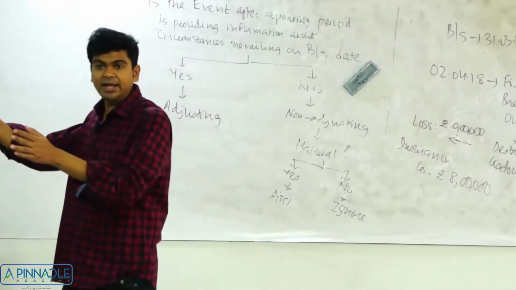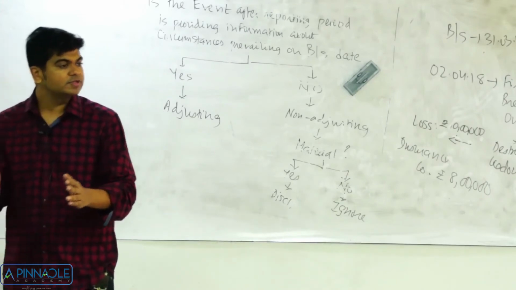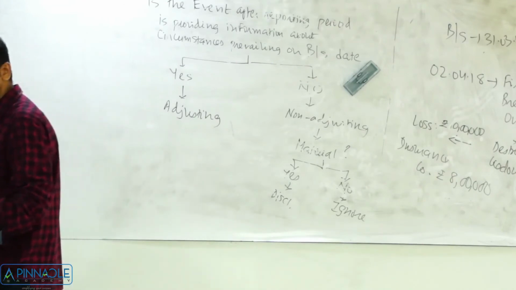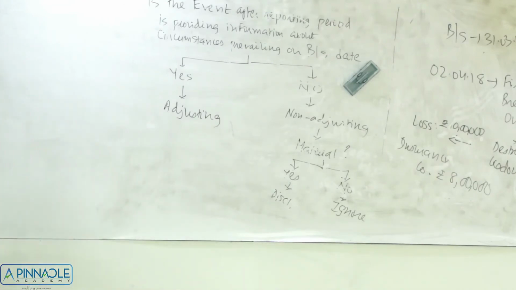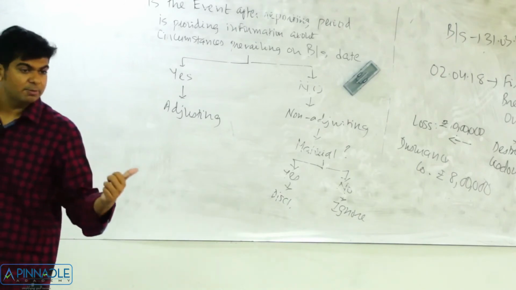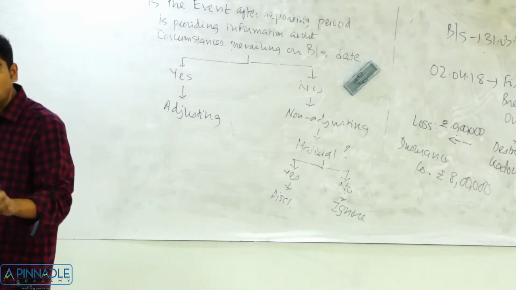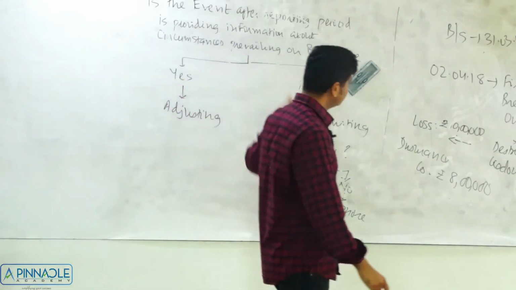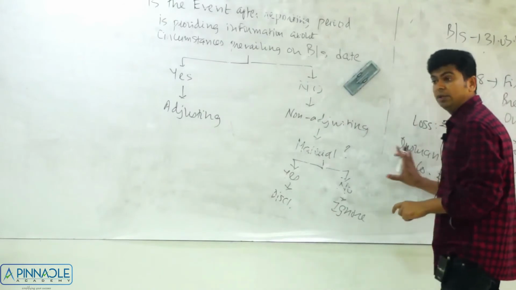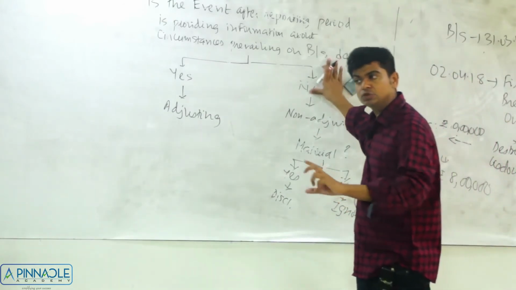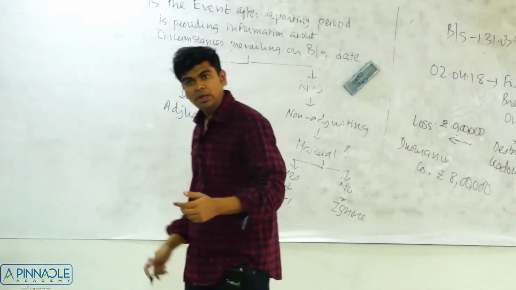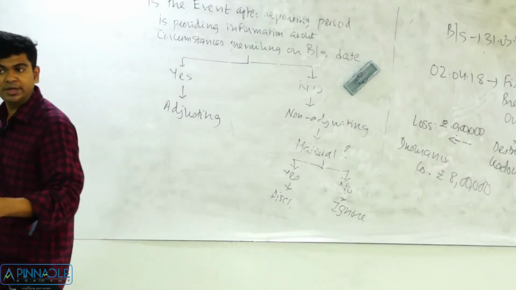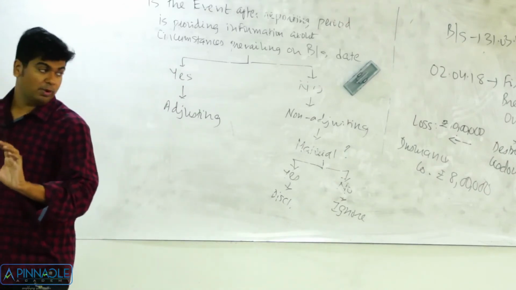So there are other Ind AS which are applicable. This is a case of business combination, and the effect of a business combination can be given only on the acquisition date. What's the acquisition date? 1st April 18. So I will give effect of the merger only on 1st April 18, although the negotiations and circumstances which led to the merger were prevailing on the balance sheet date. You can consider this an exception, because the main Ind AS wants you to give effect on the acquisition date.